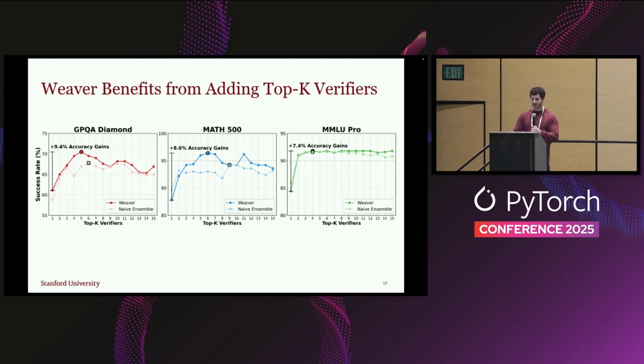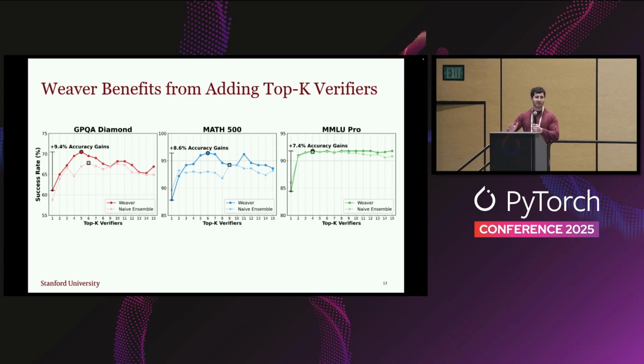We also see continued benefits from adding more verifiers, up to a certain point, I'd say. So the sweet spot tended to be around 4 to 6 verifiers, depending on the task and depending on how we scaled the verifiers themselves. But for this x-axis graph, we were focused on basically adding verifiers in order of actual success. So if you had some notion a priori of which verifiers are better and which were worse, you could continually add new verifiers and see how that affects performance. And so what we found is that by using the top 4 to top 6 best verifiers, you're able to increase performance rather considerably.